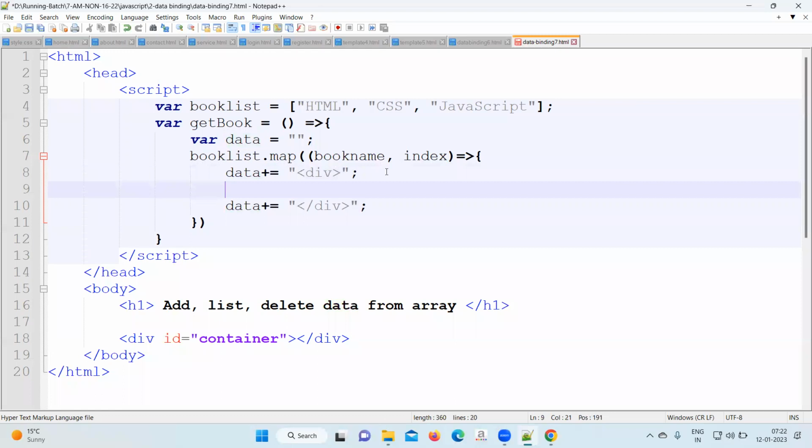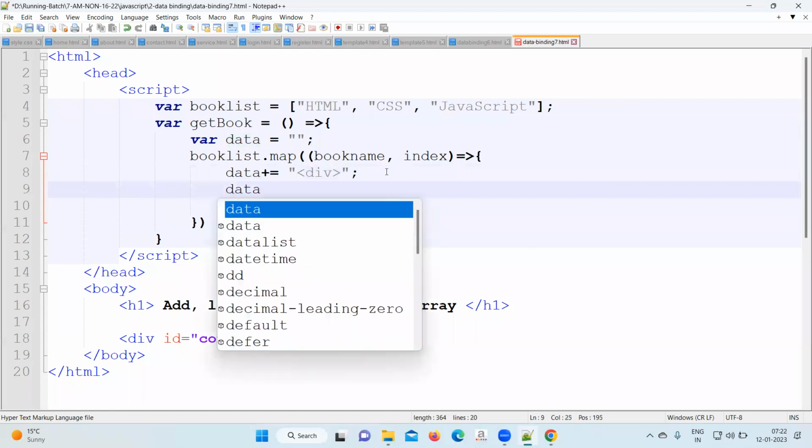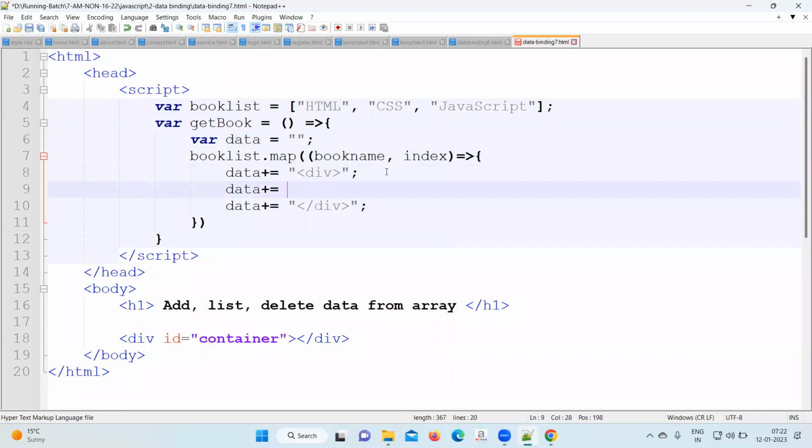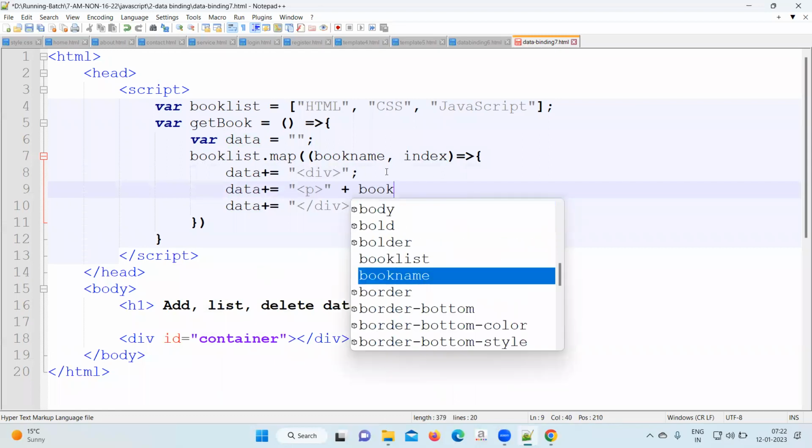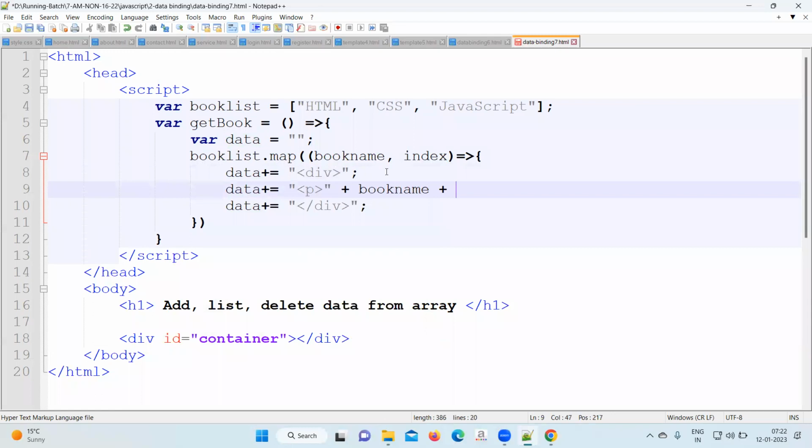Again you will write here data plus equal to, open a p tag, close the p tag, and inside the p tag write book name plus